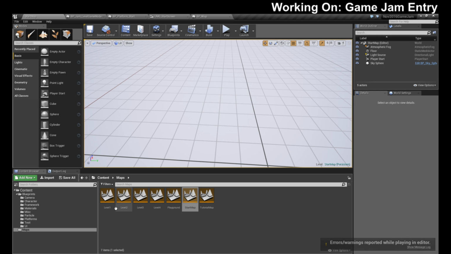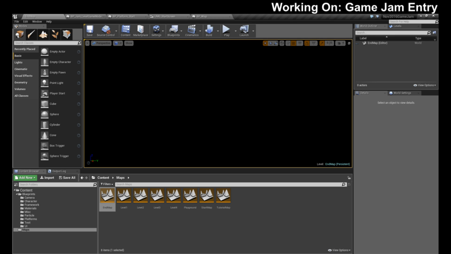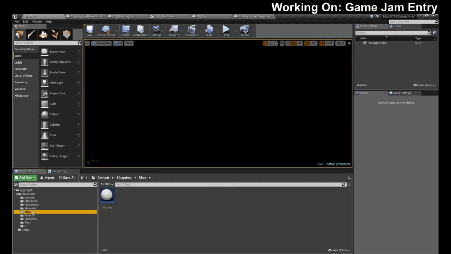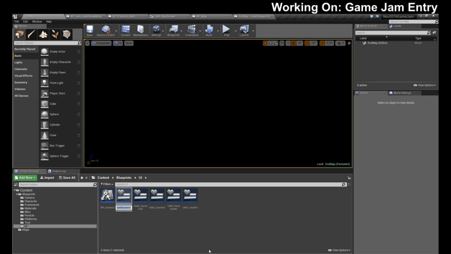I've got one error, which I shouldn't leave with the error there. So what I'm gonna do is we'll have a cutscene, so we'll go with an end map. And the end map, I'm just gonna have load up a user interface right now. So we'll go with UI. We need something here for now, so I can feel happy.